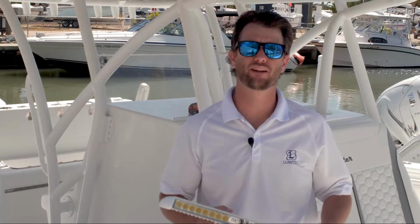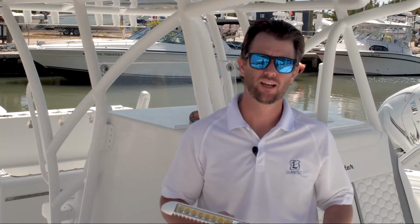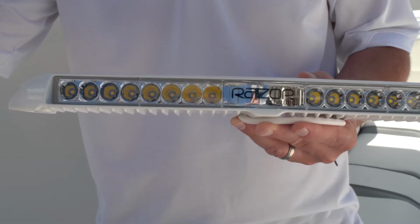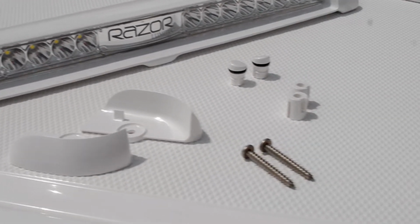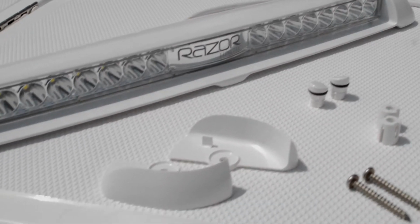Alright guys, so before we get started, Lumitec always recommends that a certified professional performs the install of the Razor Light Bar. The Razor is our 10 to 30 volt DC light bar. It's only 1.5 inches tall and has a small footprint of only 18 inches long. Although small in size, it packs a punch of 10,000 dimmable lumens. Razor ships with 2 mounting feet, 2 isolation washers, 2 finishing caps, 2 number 10 stainless steel mounting screws, and